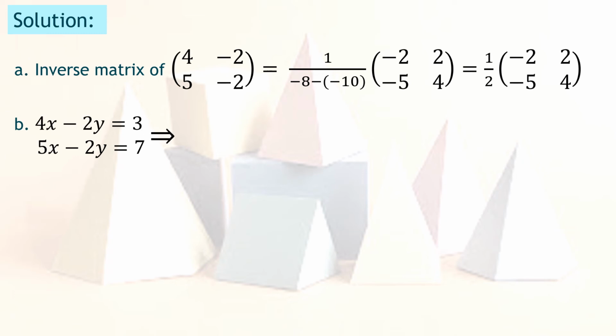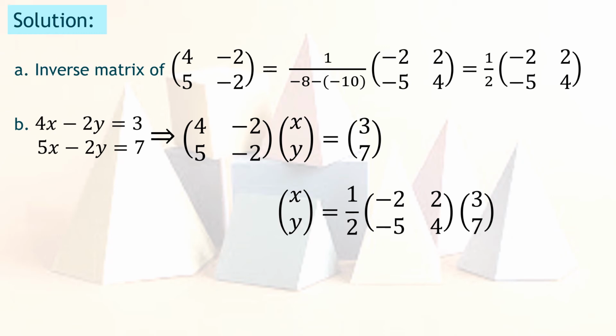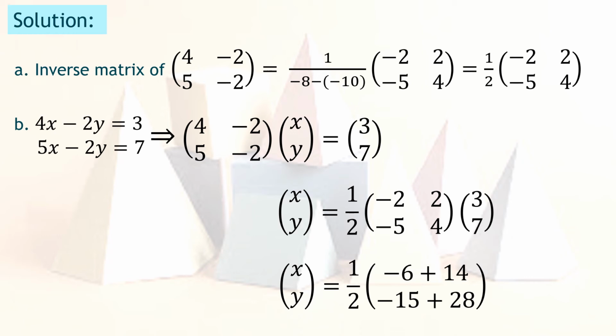So from here, we are going to transform it to 4, negative 2, 5, negative 2 times x, y equals 3, 7. Now let us compute for the values of x and y. So we have 1 half times negative 2, 2, negative 5, 4 times 3, 7. First, we are going to multiply the matrices. And the result is negative 6 plus 14,